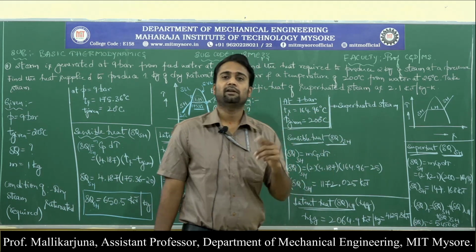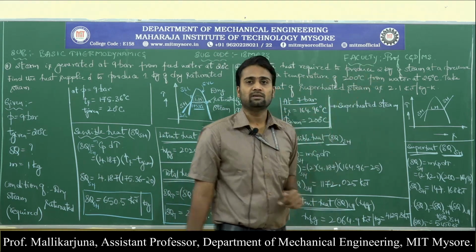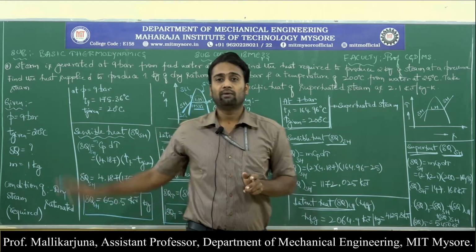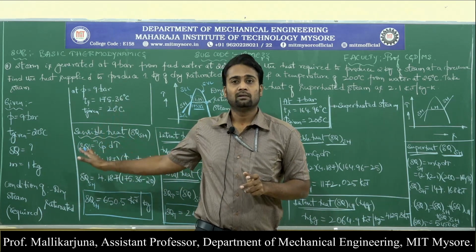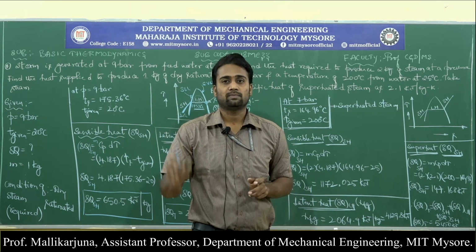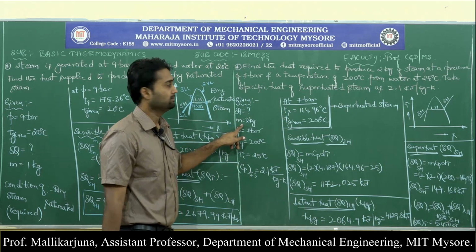Here also heat required is the question mark. To produce 2 kgs of steam. Make sure here mass of the steam is 2 kg. Our data handbook has been generated for 1 kg of steam, per kg of steam. Here we need to be very careful, mass of the steam is 2 kgs.